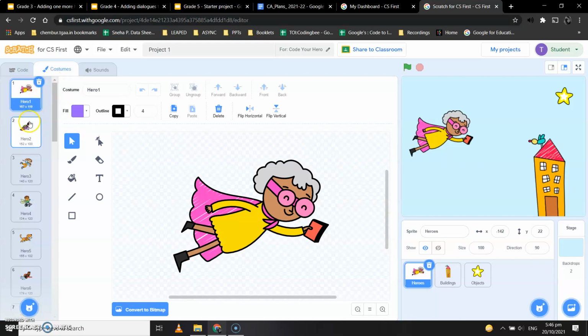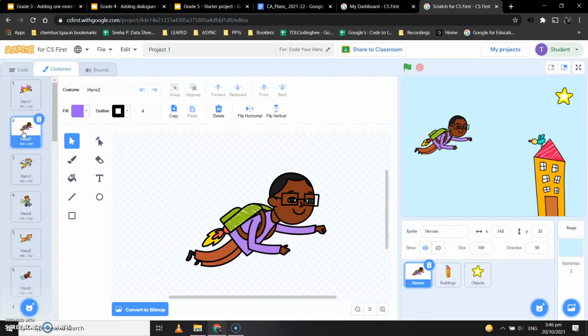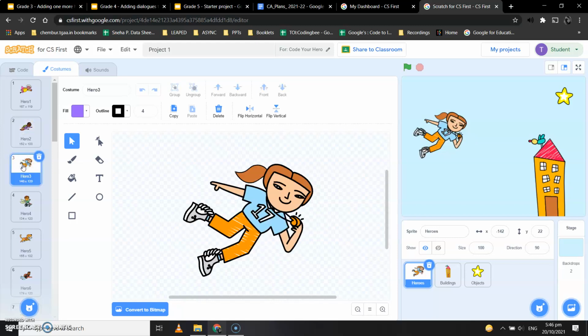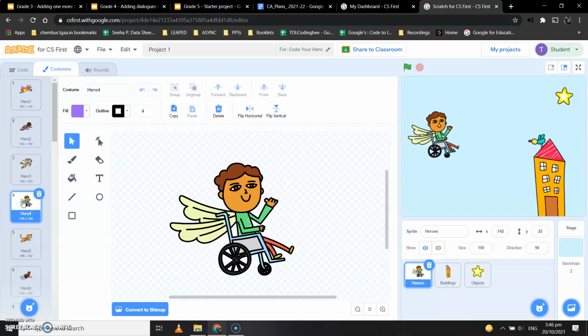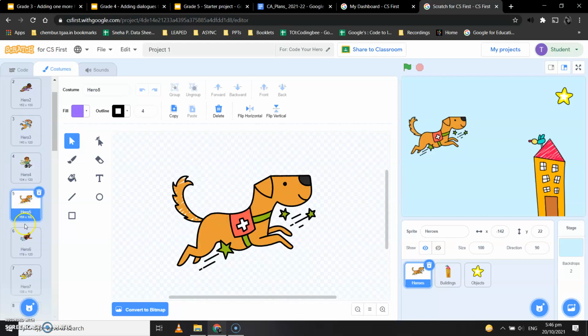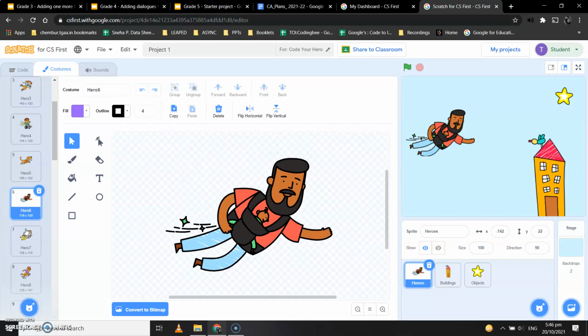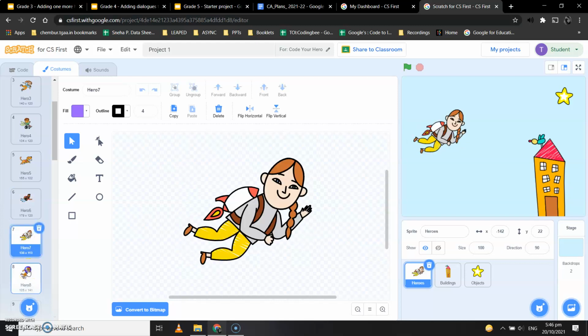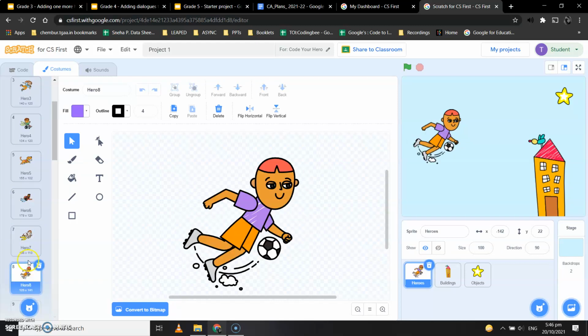When I click on costumes, there are different hero costumes that are given to you. This is a teacher, this is a coach, this is a disabled man, this is a dog. There are so many heroes that are given to you, so you can change your hero into somebody else. I'll show you once again.